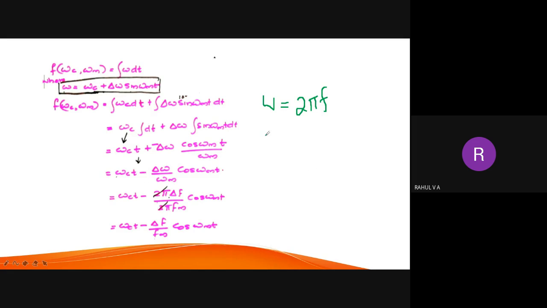So I am substituting delta omega equal to 2 pi delta f, divided by 2 pi fm, since omega m is equal to 2 pi fm, and similarly delta omega is equal to 2 pi delta f, times cos omega mt. Then I can cancel both the 2 pi's in the numerator and denominator. So now the equation becomes omega c minus delta f divided